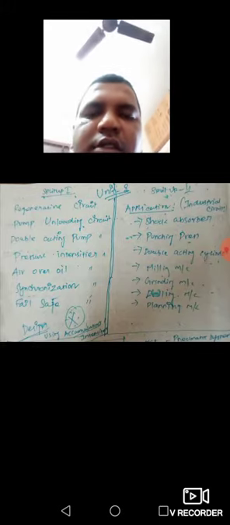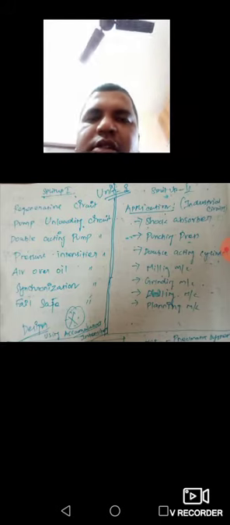The next segment is the application of industrial circuits. Here there are different types of applications. The third unit of this subject is very important if you focus on this segment, the applications of industrial circuits. These are the industrial circuits: shock absorber, punching press, double acting cylinder, milling machine, grinding machine, drilling machine, planing machine. These circuits are relevant from the industrial applications point of view.